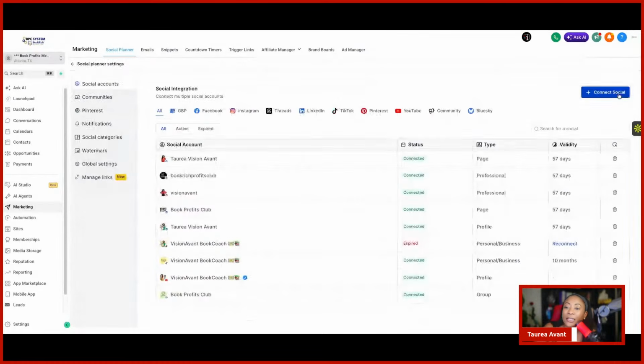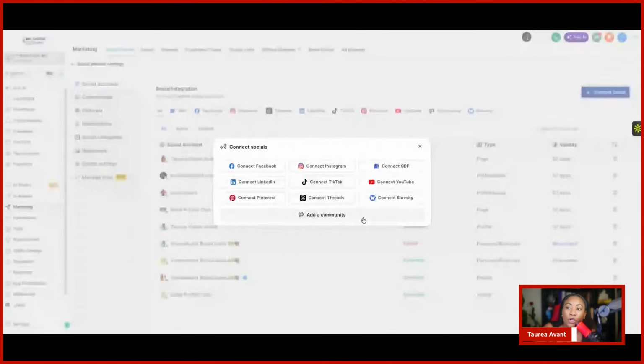And then this is where you can connect different social media accounts. So as you can see, you can connect Facebook, Instagram, GBP. This is for Google, which honestly, I'm gonna be real transparent, y'all, we've got to start using this more. The Google platform, while it's not as big as it used to be, it's still Google. And so people still Google the Google platform, right? So I'm going to start making sure I use this more. LinkedIn, TikTok, YouTube. And then look, it even has Threads, which is cool. But if you have your Instagram set up to automatically post to Threads, you don't really need to do that.